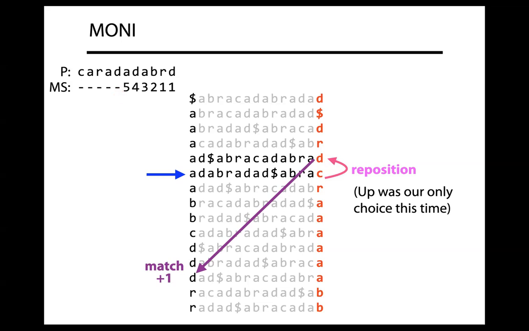Because I had a match of length 5 up until there, but when I repositioned from this row to this row, I lost some of my common prefix, right? My common prefix with the previous row was only 2. So when I extended the match by 1, I was extending a length 2 match by 1, not a length 5 match by 1. So I have to put 3 in as my next number in this matching statistics array,